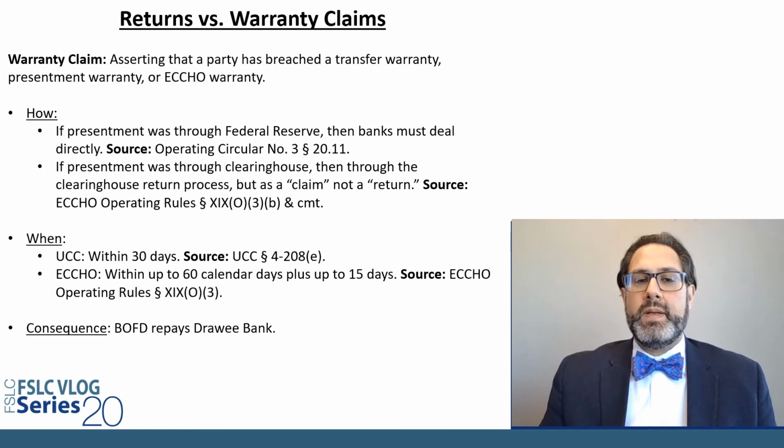If, on the other hand, the presentment was made through a clearinghouse, then the warranty claim can be made through the clearinghouse, but it does have to be processed as a claim and not as a return, and the clearinghouse rules have a process for doing this. Under the UCC, a warranty claim has to be made within 30 days. The ECHO rules provide 60 calendar days for the drawee bank's customer to report the fraud, and then 15 days from that point for the drawee bank to make the warranty claim back. The consequence of a warranty claim is that the Bank of First Deposit has to repay the drawee bank for